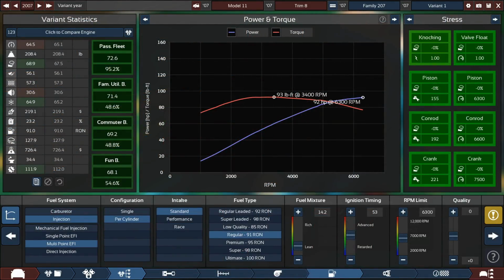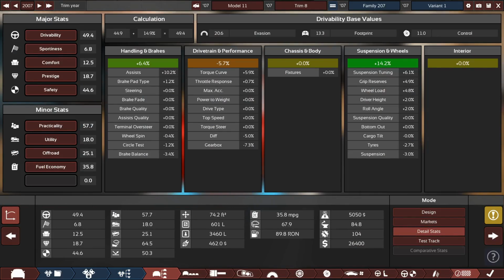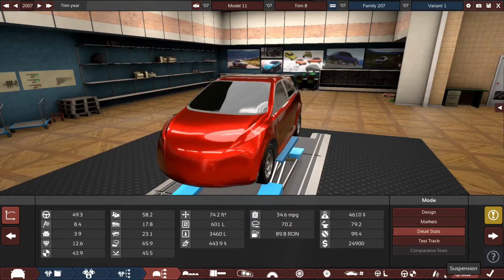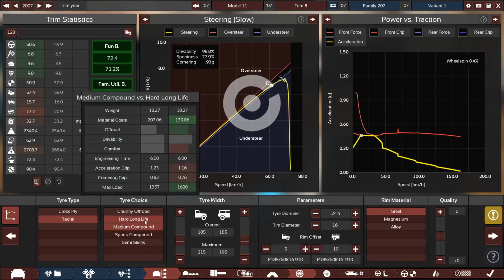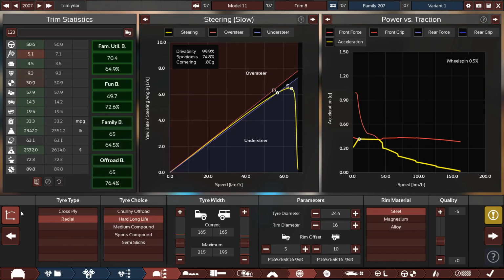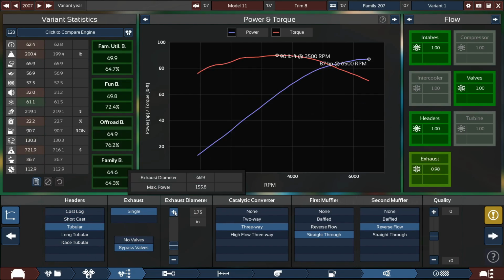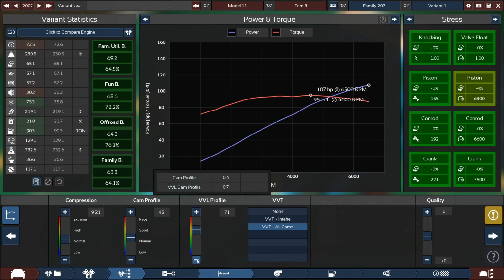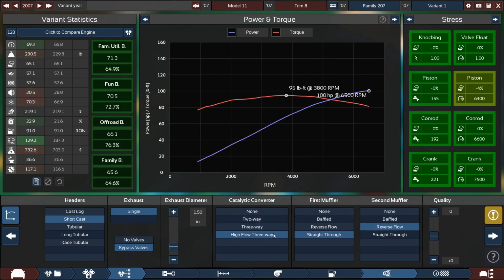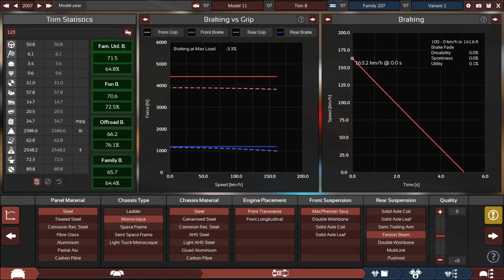So we are starting to work on our 2000s, a very cheap hatchback. First things first, I do start off tuning the engine and a bunch of other stuff on the car. I do try to get the cost down and the weight down and the fuel economy up if I can. The biggest factors though for me were cost and fuel economy if possible. So I do change back to regular pistons, not low friction pistons, because of the cost obviously. I do end up fluctuating up and down on the quality sliders on the engine as well to try to get some more efficiency out of it without breaking the bank, but it ends up that's not possible